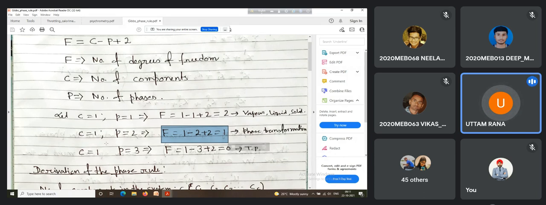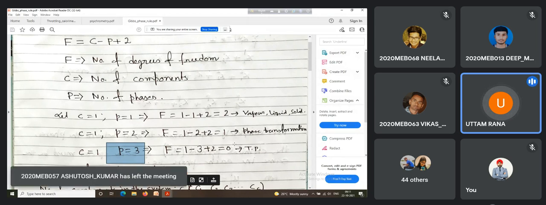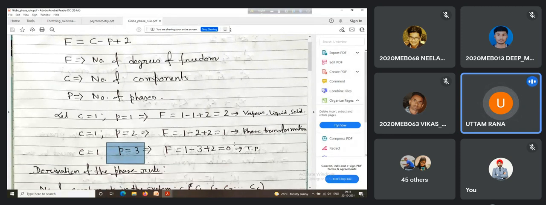Then let us consider P is equal to 3. It is the triple point where temperature, pressure and volume are automatically fixed, because P is equal to 3 means it is a point where the liquid, vapor and solid appear in equilibrium. So this equation is obviously valid for a system in thermodynamic equilibrium. In that case, F is equal to 0, because you do not have any flexibility to change the system by varying any one of the thermodynamic properties. So the triple point is fixed for every material. Every pure substance has a fixed triple point. You cannot change its state.